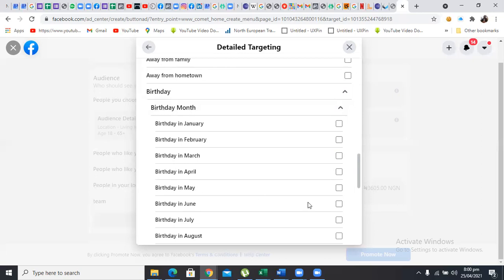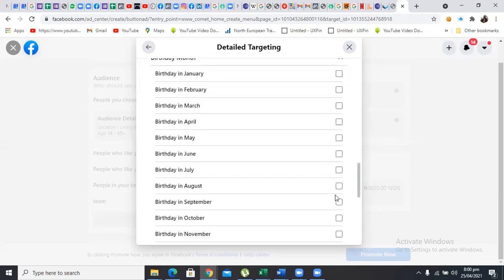You can start doing your ad, just target people only in May. Of course, it is a targeted ad. You will not waste your money, because the people that are going to be seeing your ad are people whose birthday is not yet around, or they are planning to do their birthday. And of course, they will be needing cake. If you need them to buy anything, you can just target them over here.